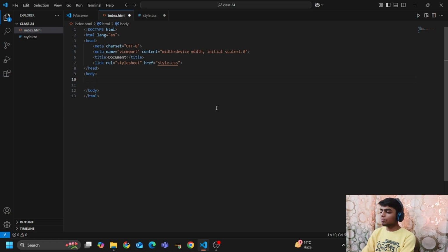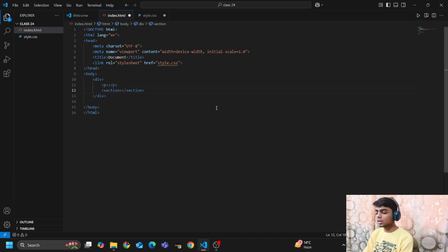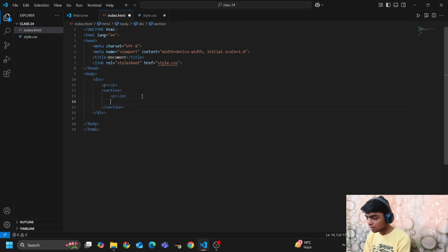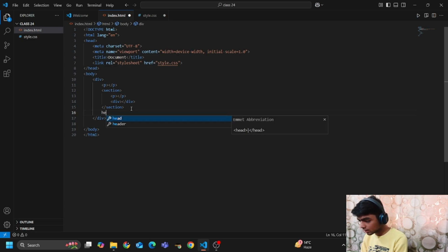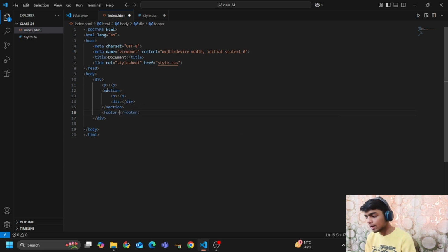If I create a div element here, and inside it I create a paragraph tag and a section tag, and inside the section tag I create a paragraph tag and a div tag, and I will also add a footer tag here.